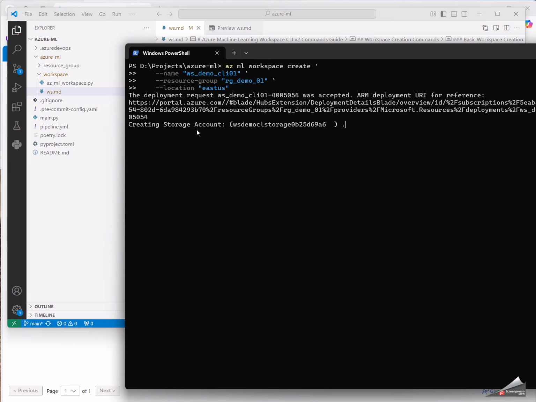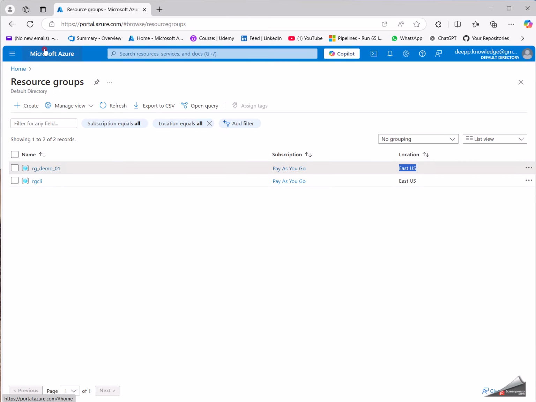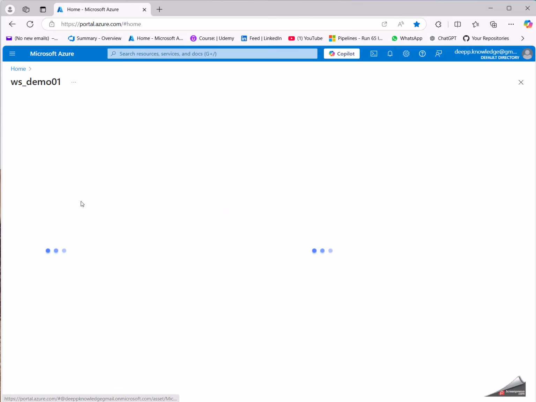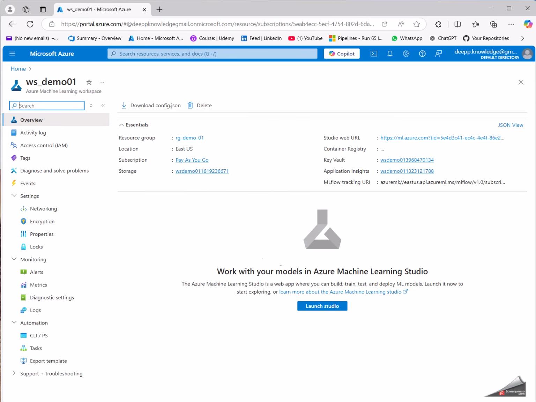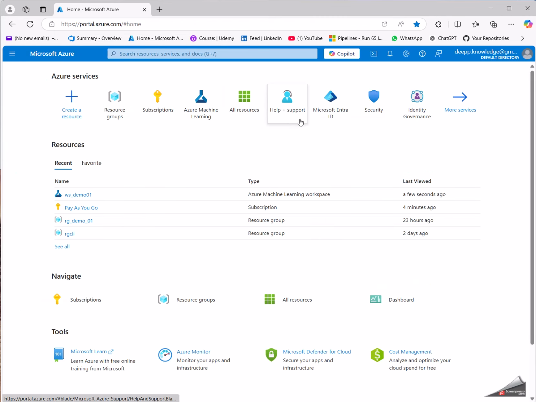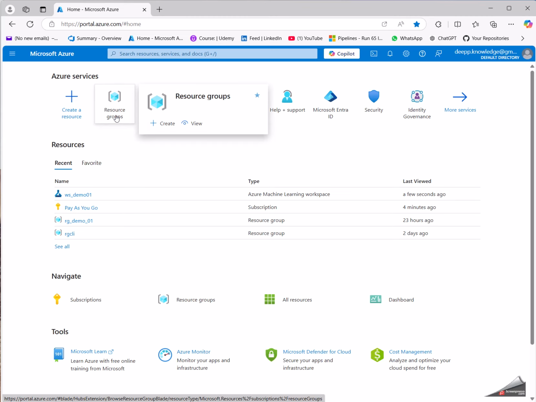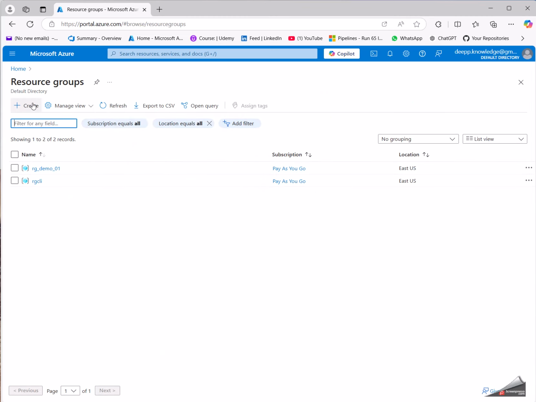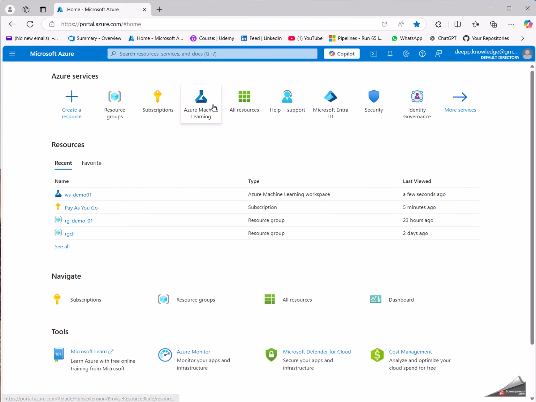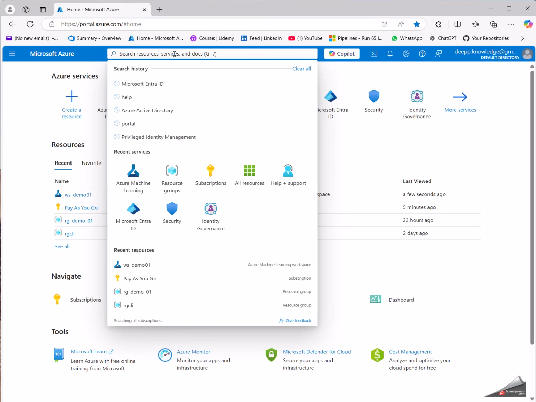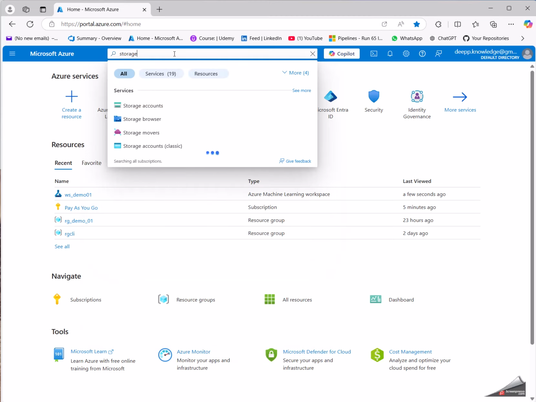So as I said in the last video, when you create a resource group, I will go back to the website, the Azure, and you can see the workspace. And if you see, when I create a workspace, it created also. I will go to the resource. It's in machine learning. No, data storage. Let's see. Storage account.